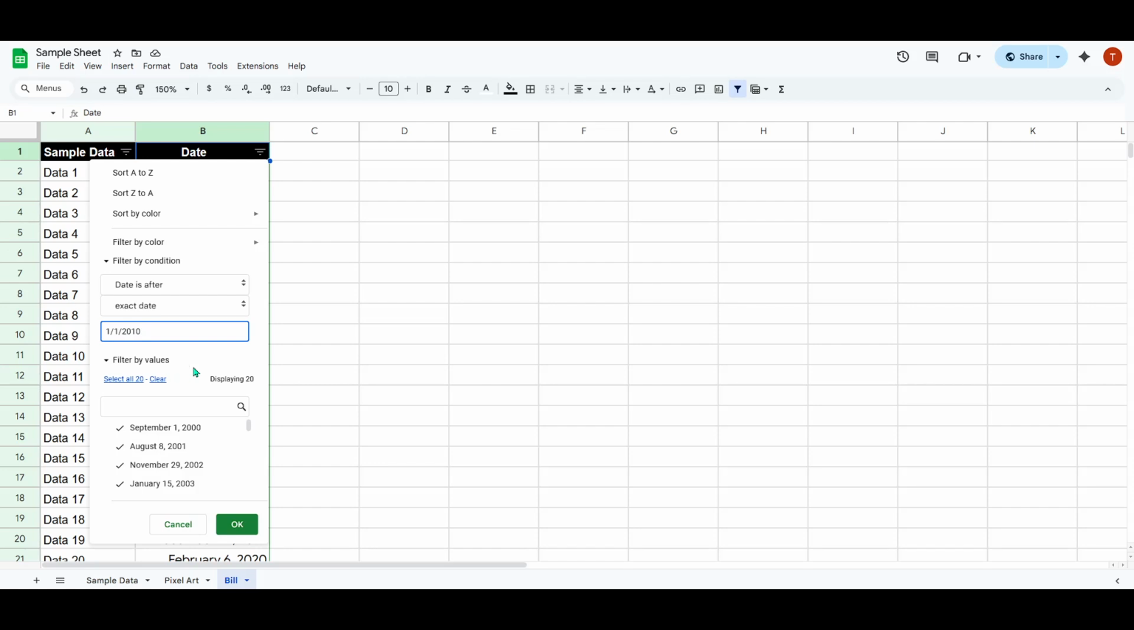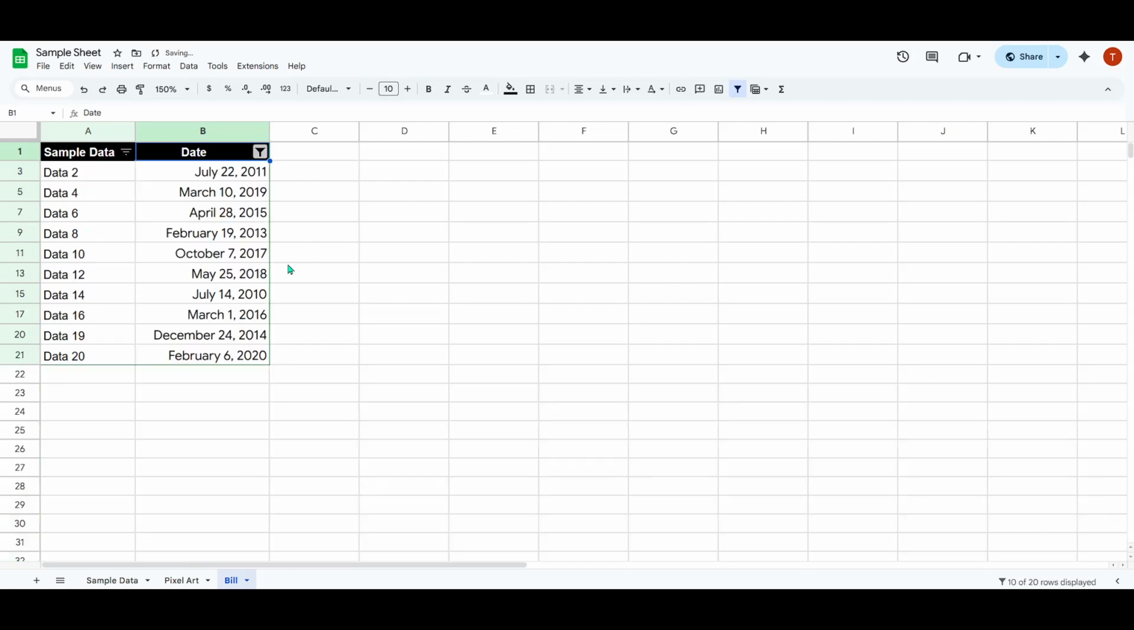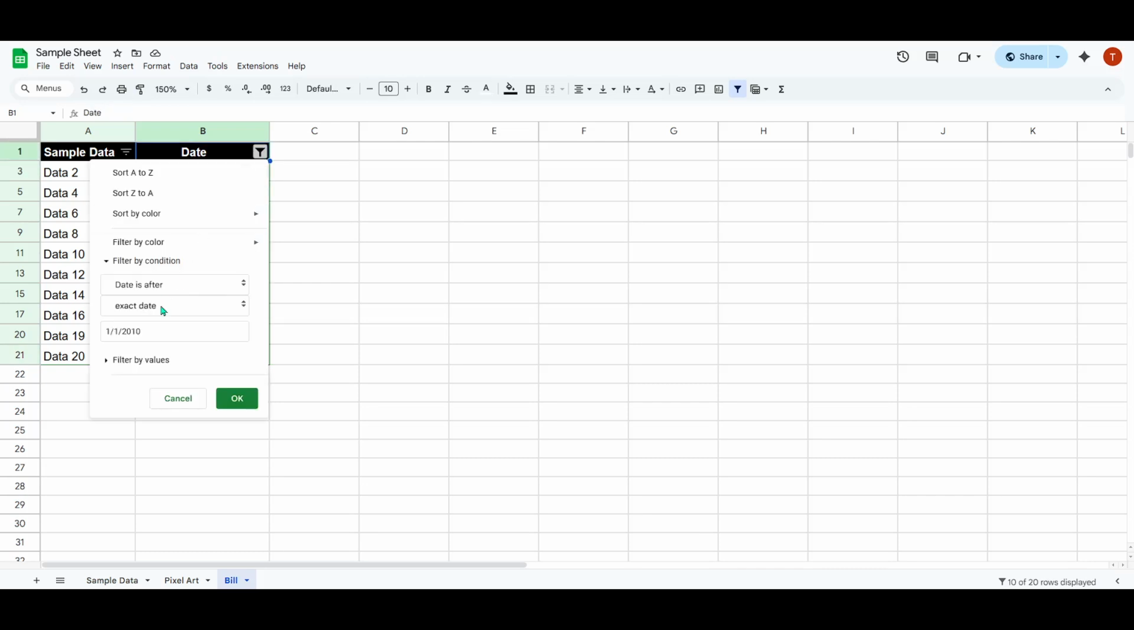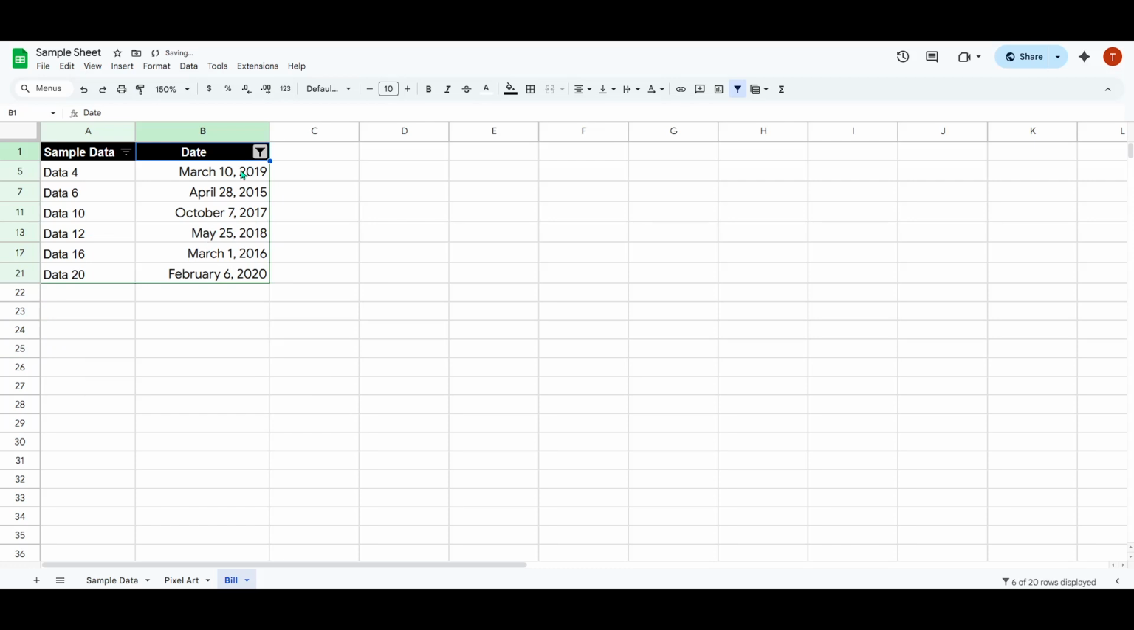And just like that, you're done. Your Google Sheets data should now be filtered based on the date criteria you specified. This process not only helps you focus on data relevant to a particular period, but also enhances the overall efficiency of your workflow. Keep practicing this technique, and you'll be navigating large datasets with